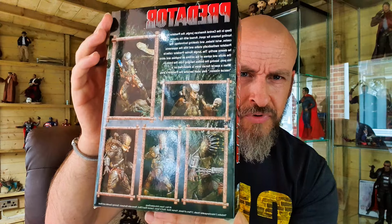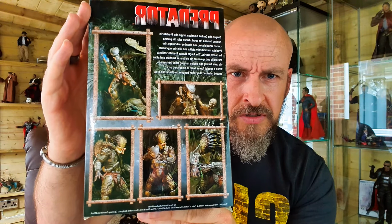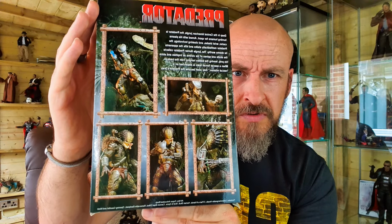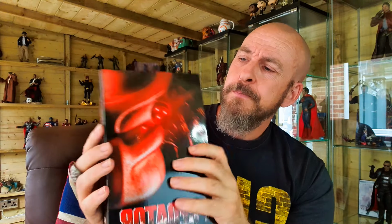You won't be able to see it properly because of the bloody glare you're getting. But I think that is pretty good. They've actually done some posing up themselves with the sculpt. There's a little bit of writing on there, which I don't know whether that'll pick up properly, but I think that's pretty damn good. Front of it